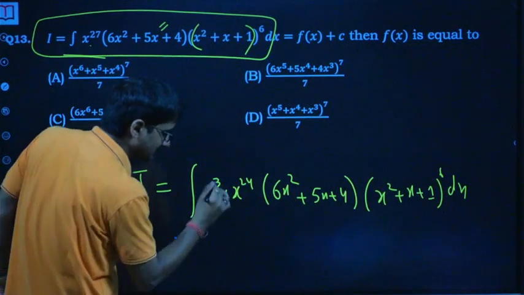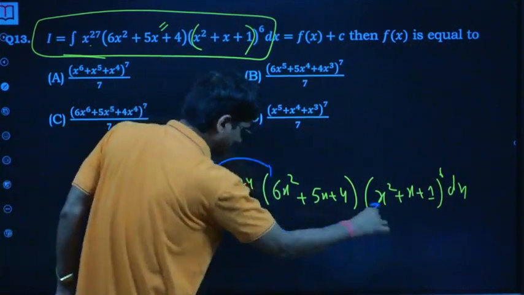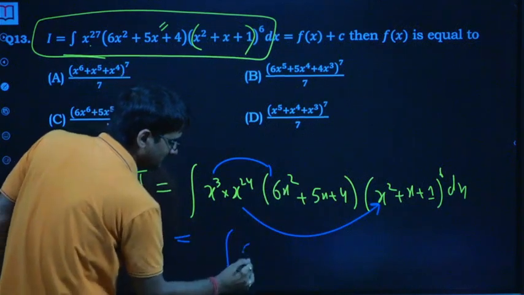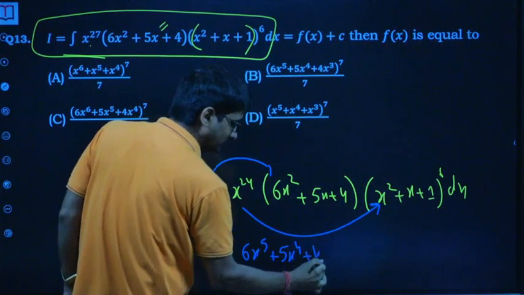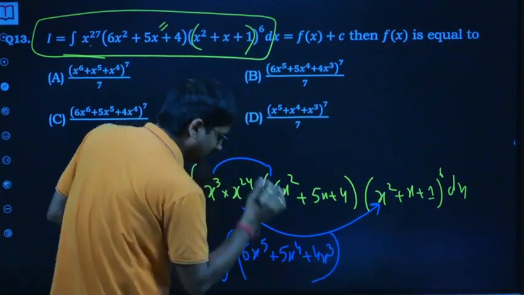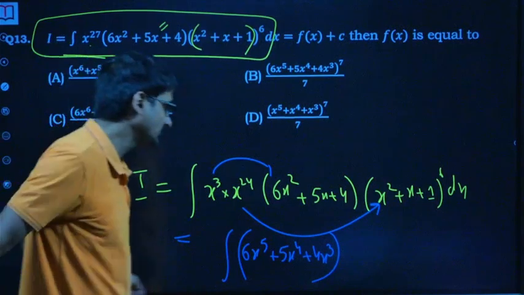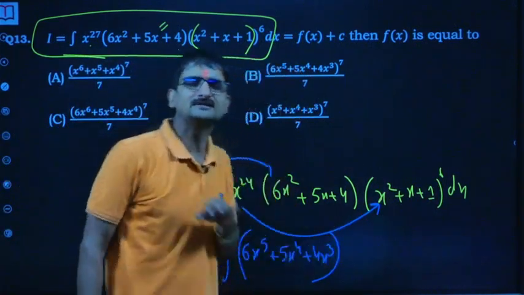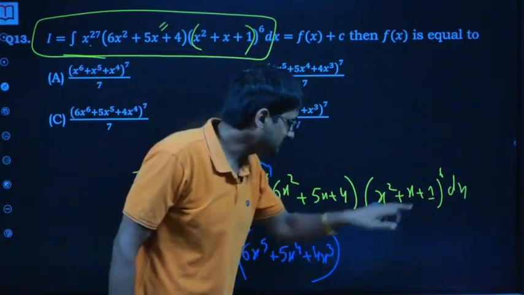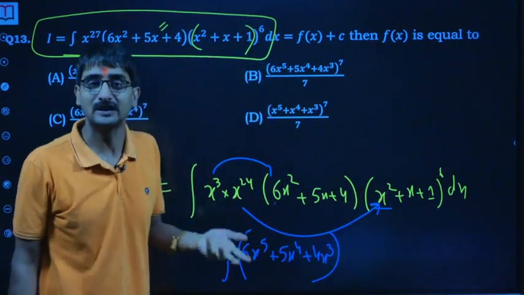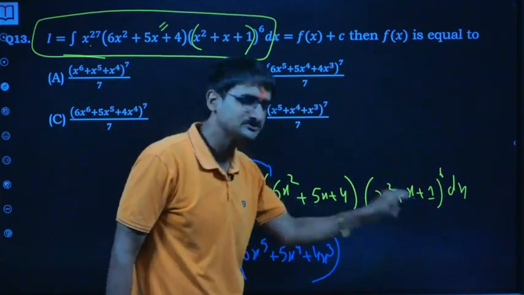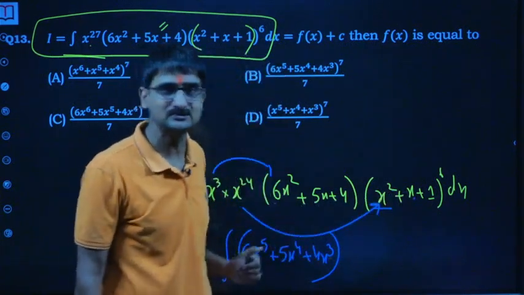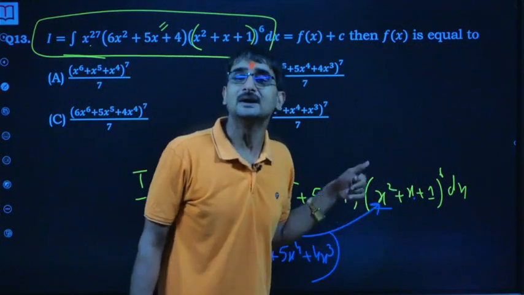Okay, so I will take x cube here, x raised power 24 here, x cube here, 6 times x raised power 5, 5 times x raised power 4 plus 4x cube. See, the entire focus while approaching this question was, what should I get? And see, it's simple. If I differentiate this term, I need to get 6. So for that I need to have power 6 here. If I differentiate, I need 5. So the power should be 5 here. So how will you get it? That means you need to increase the power here by 4.